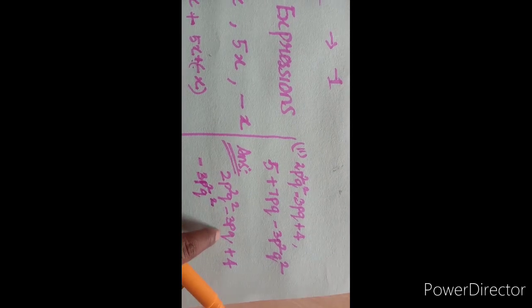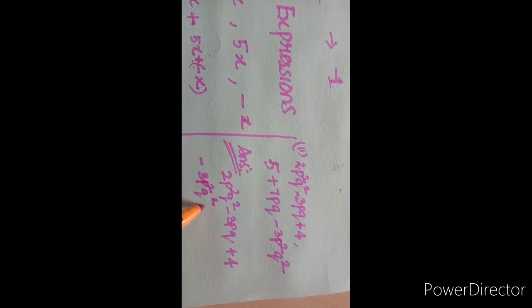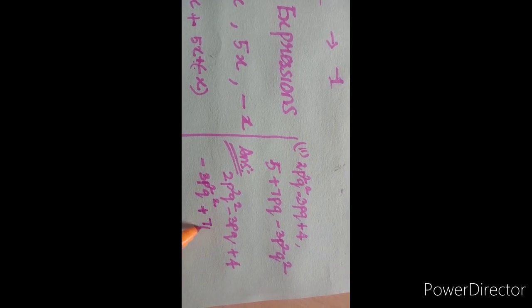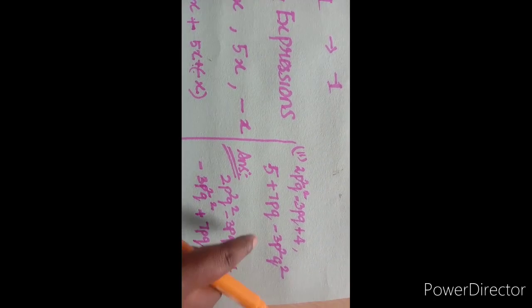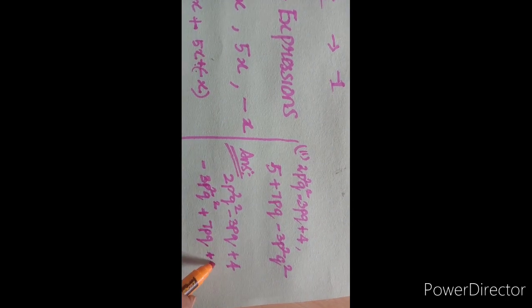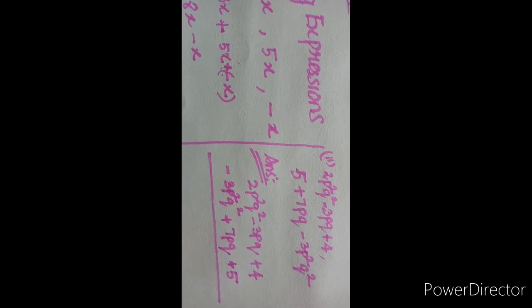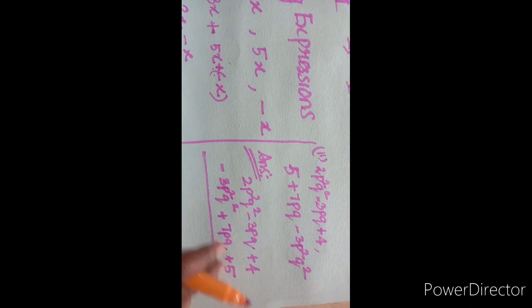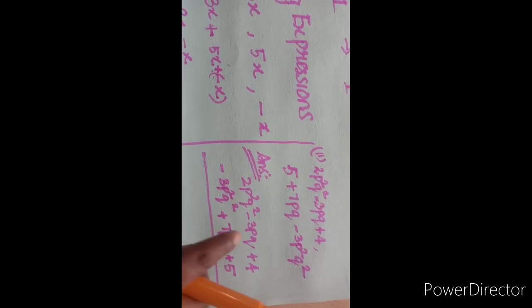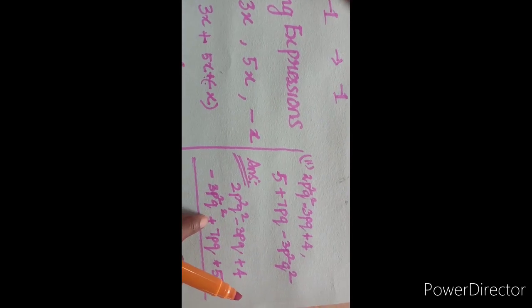Next, the pq variable is there, so here we can take 7pq. Now the constant term, so where is the constant term? Plus 5. Now you can add with the addition symbol only, because we are going to add both the two terms. Simply we can rewrite this expression according to the like terms.